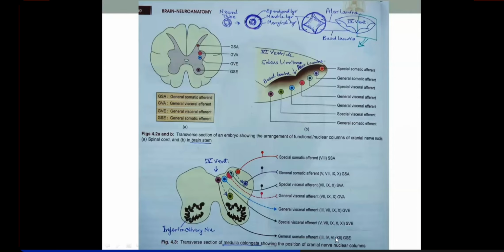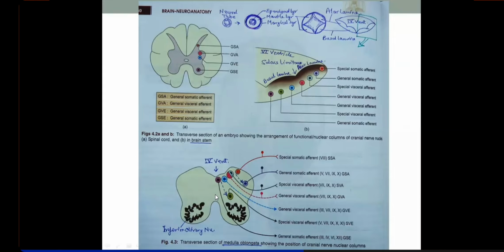All these cranial nerve nuclei are categorized under the heading of general somatic efferents, which are pure motor, and they're the most medially lying functional nuclei in the brain stem. They're close to the central canal or close to the ventricular cavity medially. So third, fourth, and sixth innervate the muscles of the eyeball for the movement of the eyeball, the extraocular muscles. And the 12th innervates 7 out of 8 pairs of muscles of the tongue. So these are pure motor efferent.